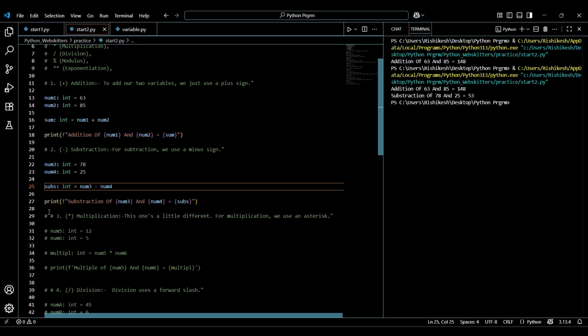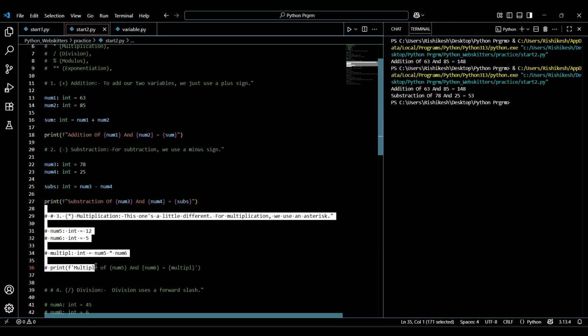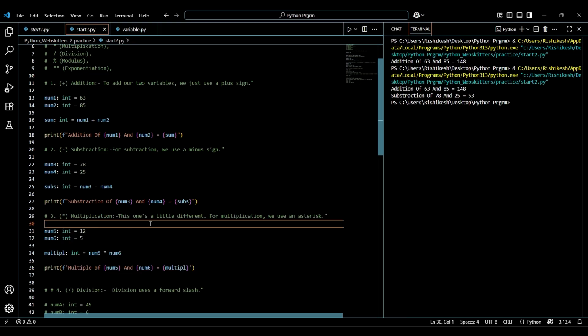And the third operator is multiplication. Let's uncomment this line. This one is a little different: for multiplication we use an asterisk, also called a star. The num5 variable is 12 and the num6 variable's value is 5.